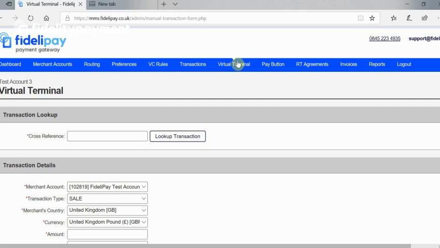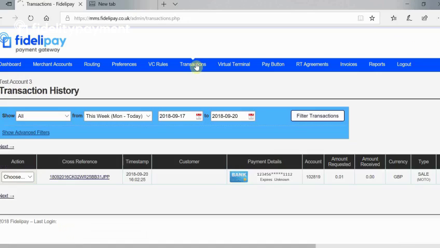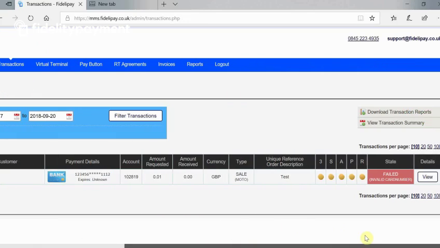Hello, in this video we're going to show you how to search your transaction history. So first place to go to is the transactions tab. So we've had to load, here we go. So we've only got one in our history as we're doing this on a test account, and it's our nice